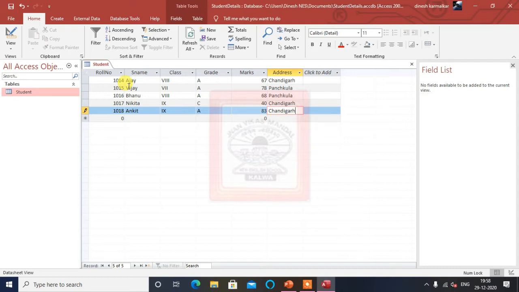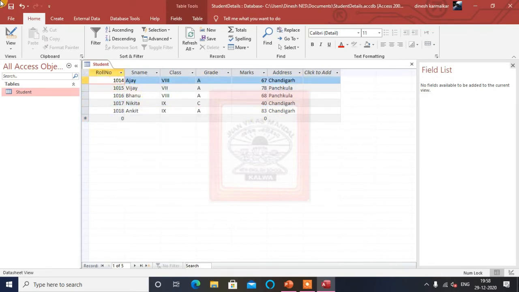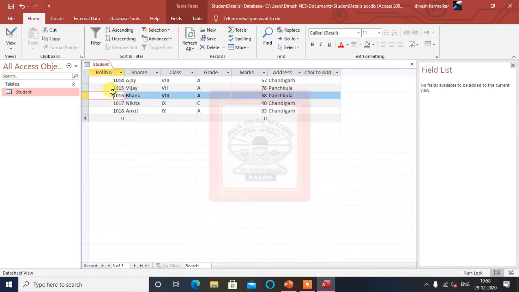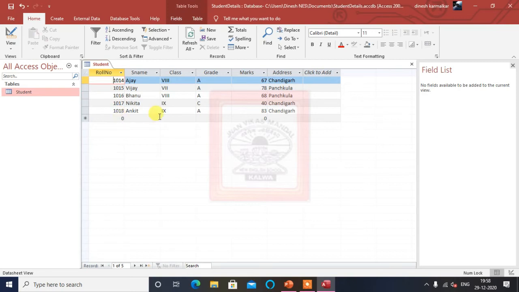So once our data entry is done, now we will see slowly how to create the report. Just for variation we will create 2-3 reports, to see how the report will look, but today we are going to see everything in the Report Wizard and what the options in the Report Wizard are. So for that, look at the steps very carefully. This is the typing work. You can see the student table is done.